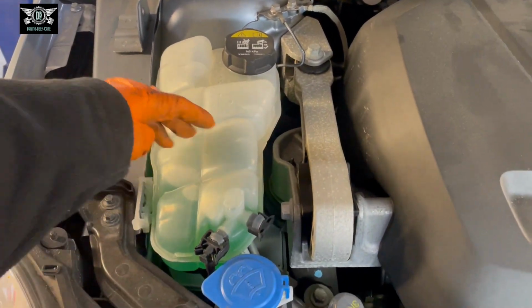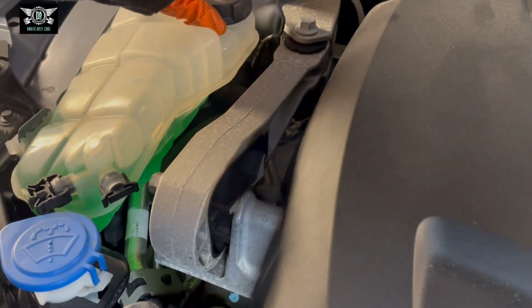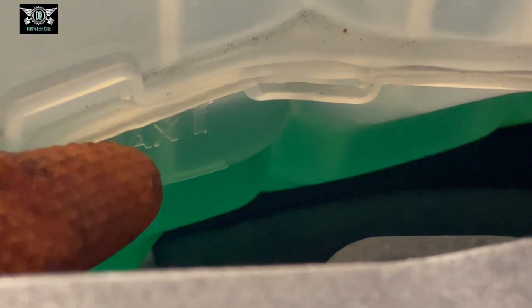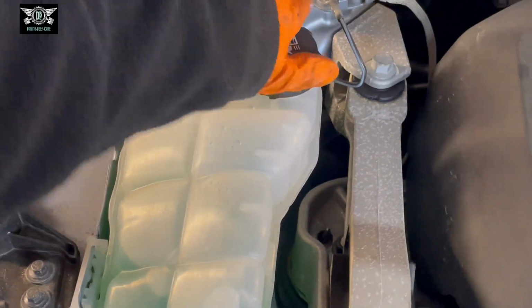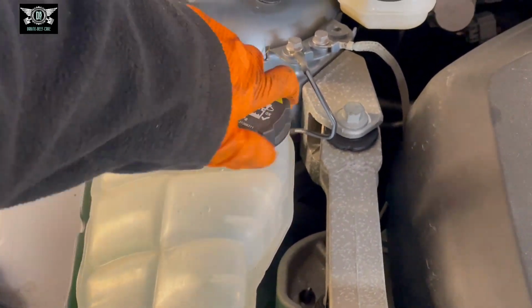Coolant for this car is here. You can clearly see the color green there. We have a level just on the side there. You can see the max. It says max there. So this line here is the max basically. So this is pretty much at the max, just there. So I'm happy with the level, but I'm also going to check the percentage of antifreeze just to make sure that it's at a good level and it's not going to